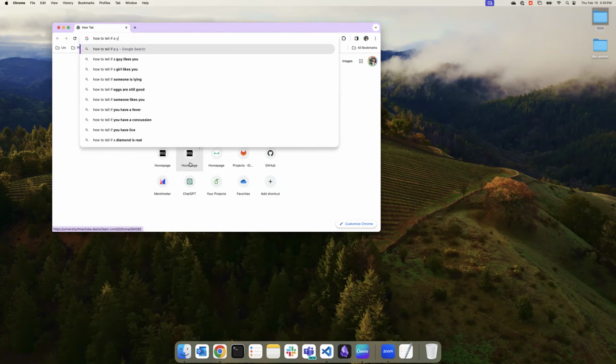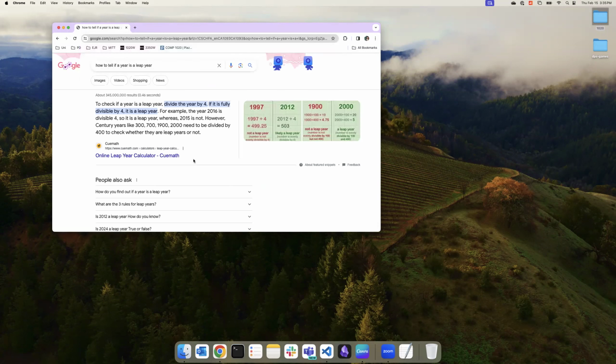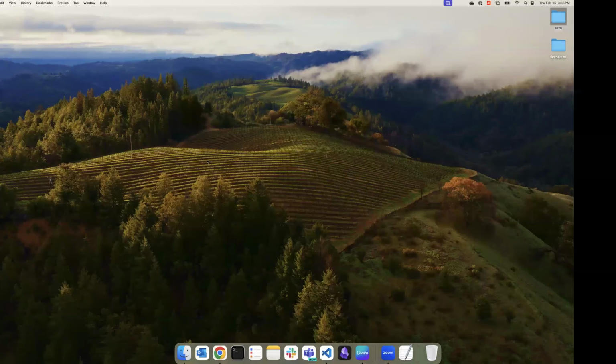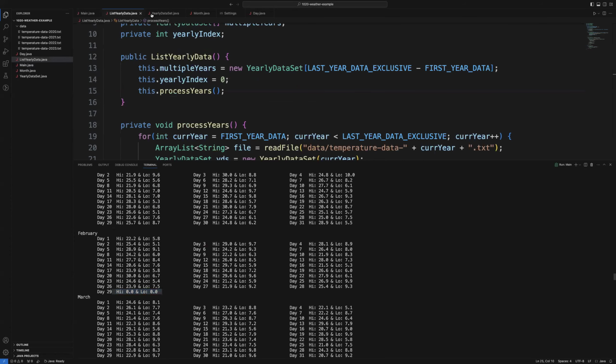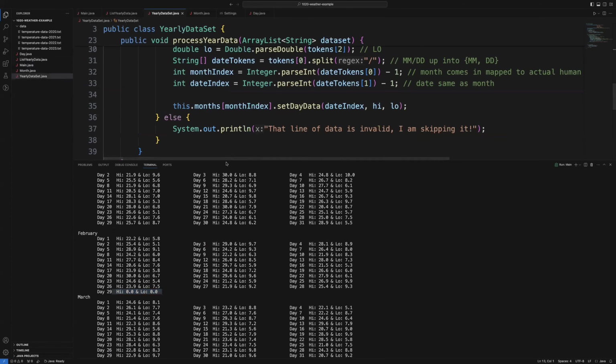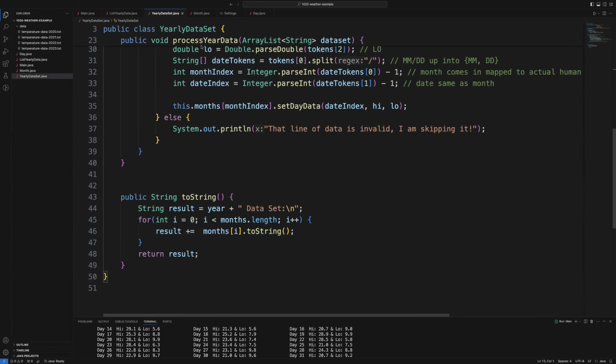How to tell if a year is a leap year. Do we just have to divide it by 4? That's all it is? Okay, I wasn't sure if there were more rules, like the way a prime number is. So that's simple enough. So then we can go back into where we actually set that piece of information, which